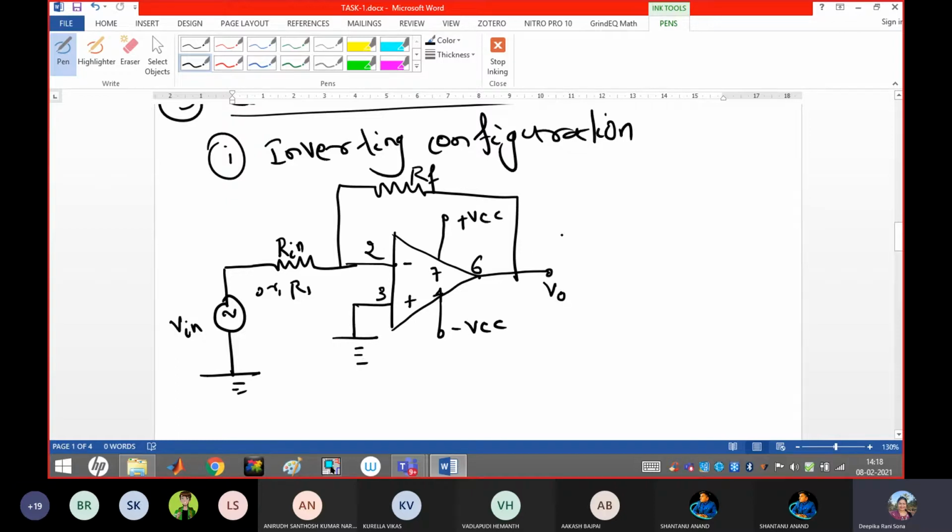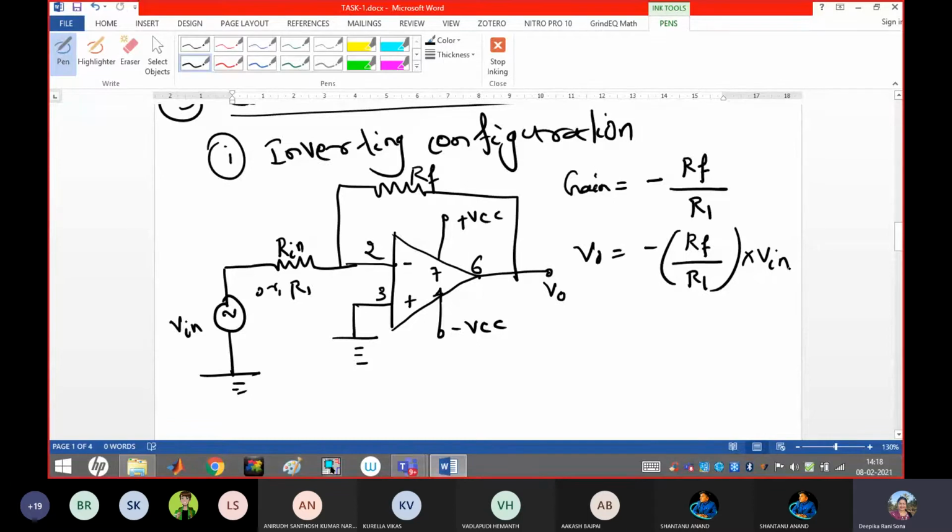So what is the gain equation of the inverting op-amp configuration? What is the V naught equation for this? Minus of RF by R1 into V in, right? So these are the required equations. As in the list of components I have shown, RF is 10 kilo ohm, R in is 1 kilo ohm, and here you consider V in equal to 1 volt.